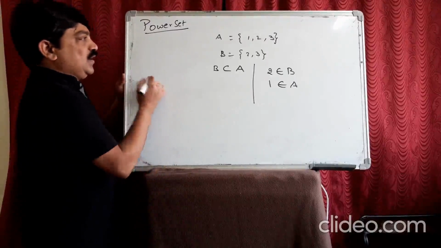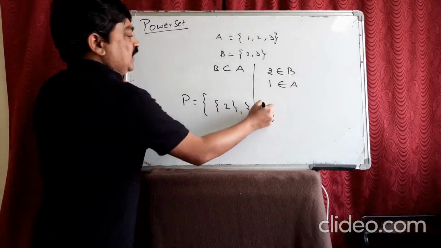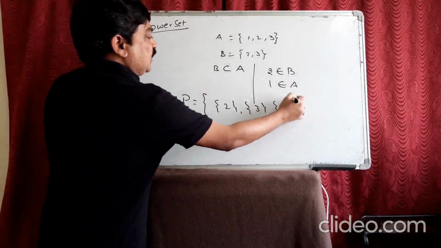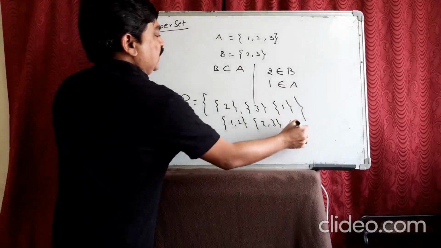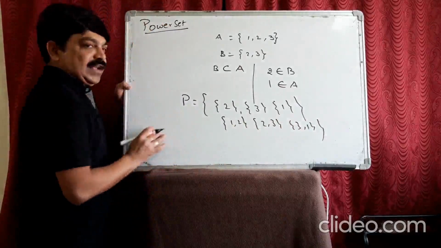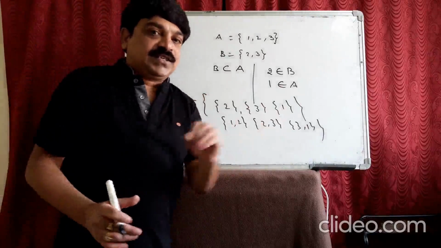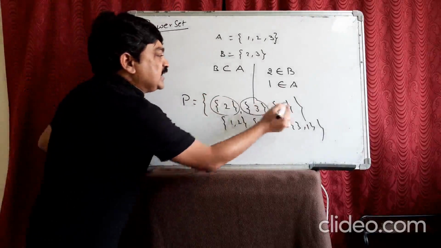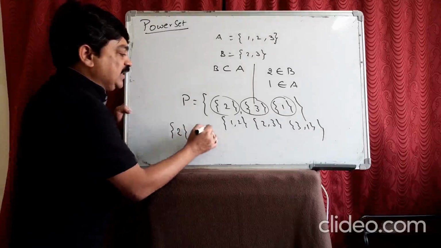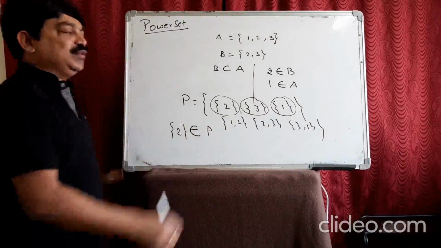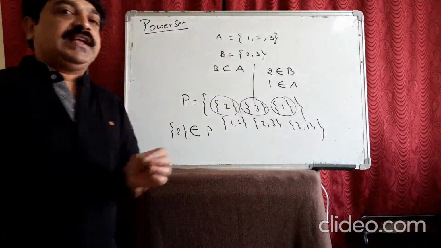But see, this is very important, guys. If you write something like {2, 3}, {1, 2}, {2, 3}, {3, 1}, something like that, then this is a set. This is a power set, and this set contains different sets. Then each thing is taken as an element. Now when you compare P and this, you should write belongs to, because it should be treated as an element. Understand? This concept is very, very important in this exercise, guys.